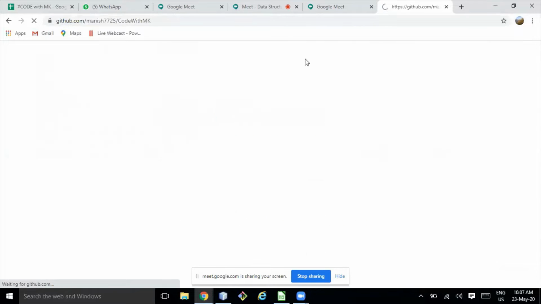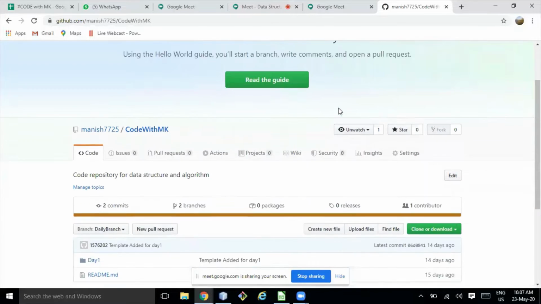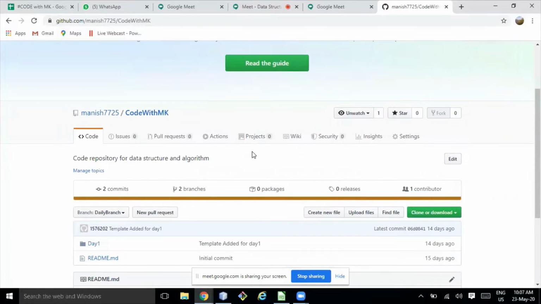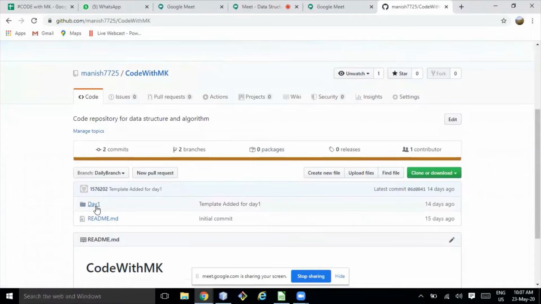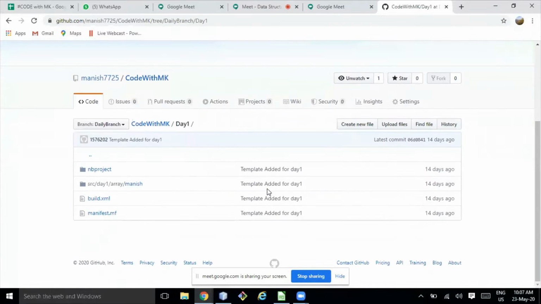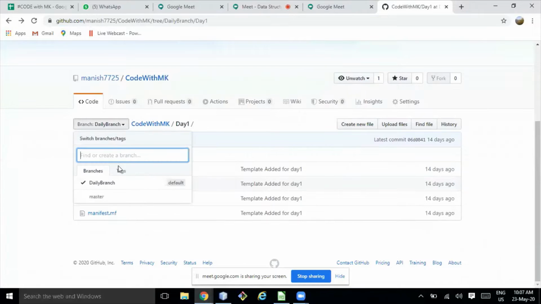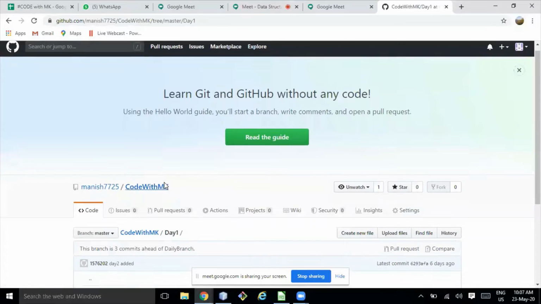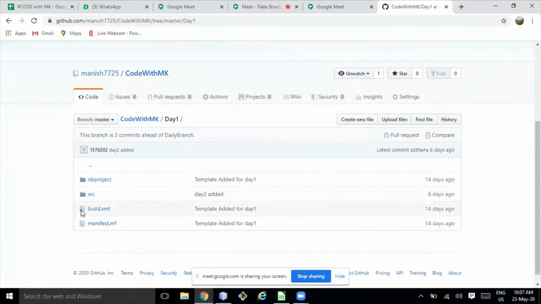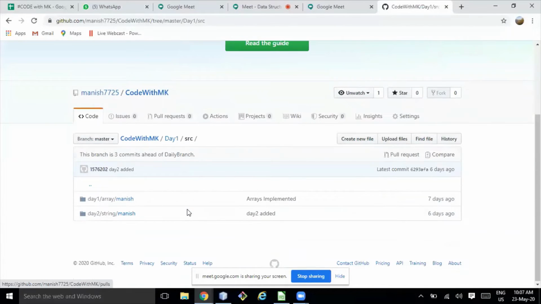This is the GitHub repo where I have published some of the interfaces and we are implementing those interfaces. If you go here, day one array, one second, let me go to master branch. Source. So day one and day two.